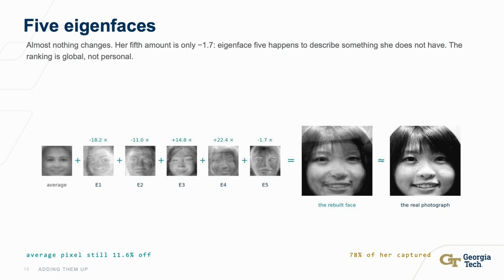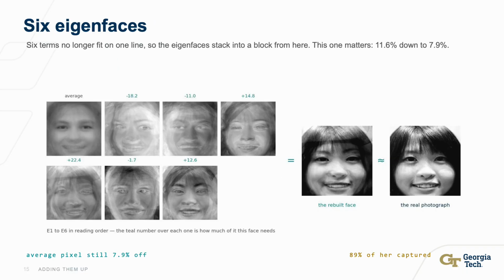5 and almost nothing changes. That fifth amount is only minus 1.7. That is worth a sentence because it is a common misunderstanding. The ranking of these eigenfaces is global. They are ordered by how much variation they explain across all 30 people, not across this one person. Eigenface 5 happens to describe something this person does not have, so for this person it is nearly free of information. 6. This one matters for this person,